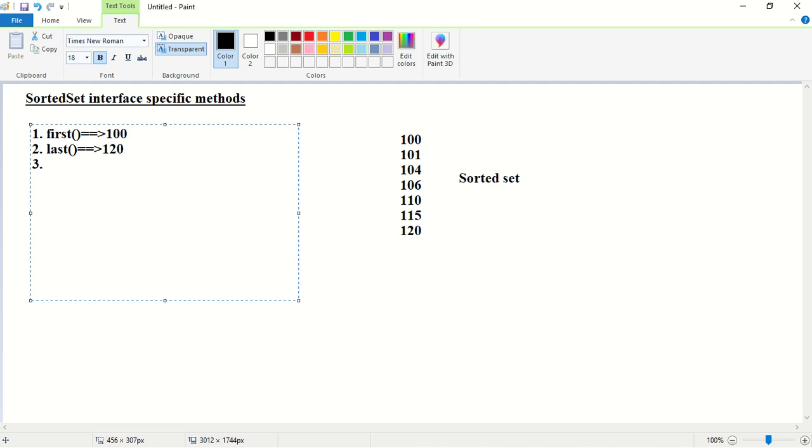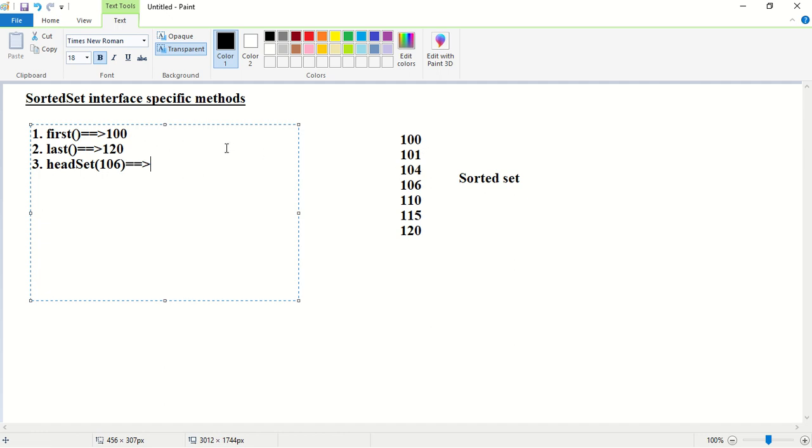The third method is headSet. I want to access the head set of 106. So what are the contents of headSet of 106? Head set means top, okay? So what is there in the top of 106? 100, 101 and 104.